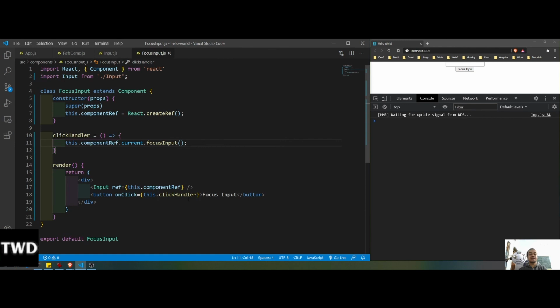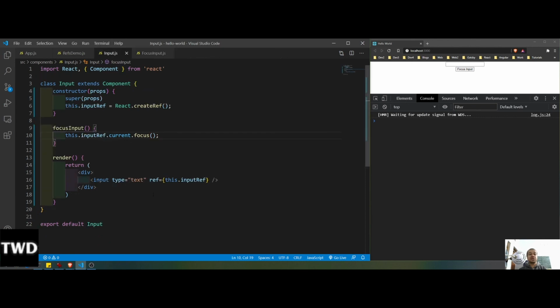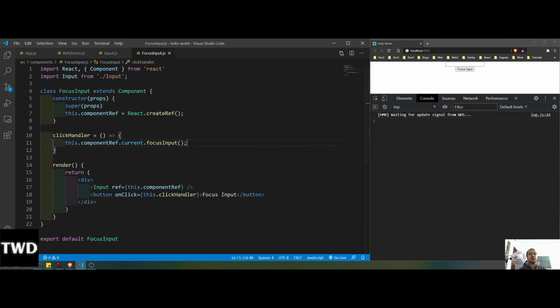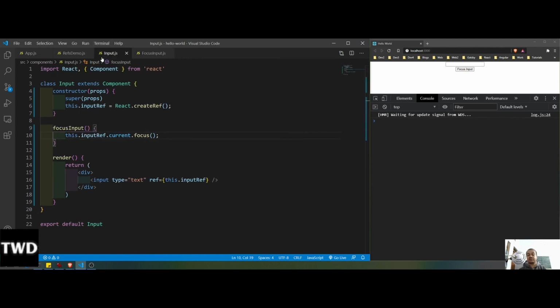So what is happening, let us go again here. I have a componentRef, okay, and I have put it on the child element Input. See, Input has all the logic for the input, but it has a function focusInput which only changes the focus there. So I come back here, and then button onClick is there. So onClick will go to this clickHandler, and then I have direct access to the focusInput which I am calling from this component. So this is again a very powerful thing. So hope you learned something very good from here. So see you soon in the